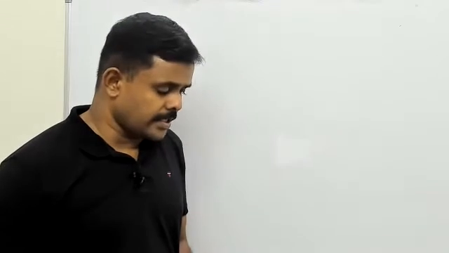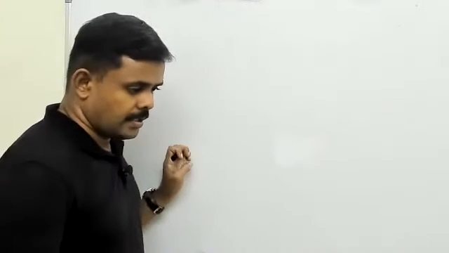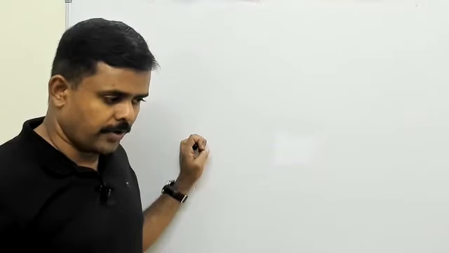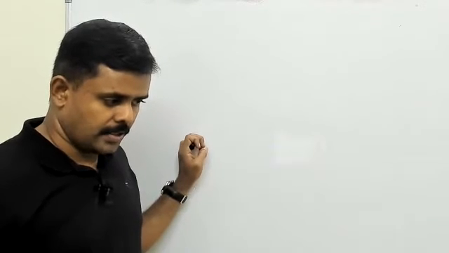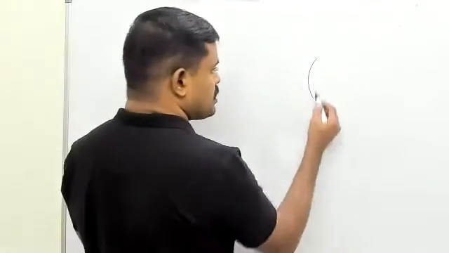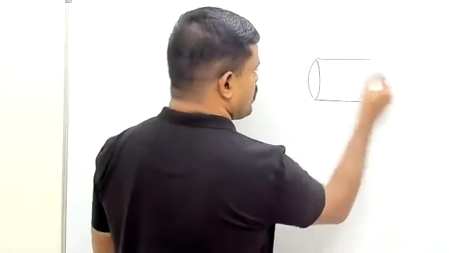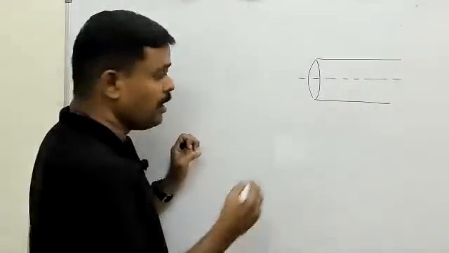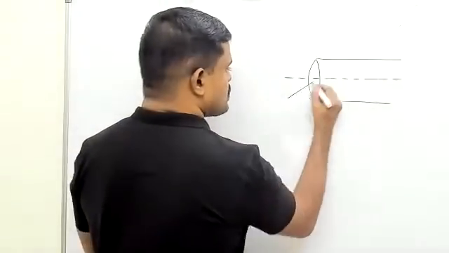A transparent cylindrical solid rod has a refractive index of 2 by root 3. It is surrounded by air. A light ray is incident at the midpoint of one end of the rod as shown in the figure. Okay, so let us draw the figure. This is the cylindrical rod. This is the axis passing through the middle, and then a ray of light is coming in at an